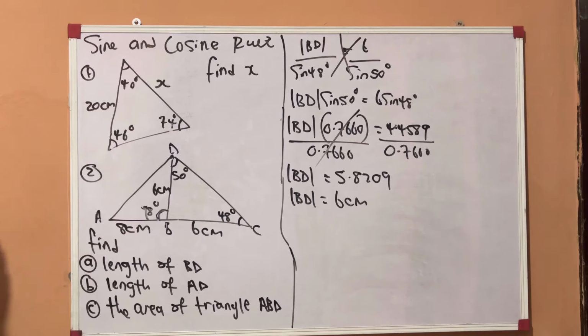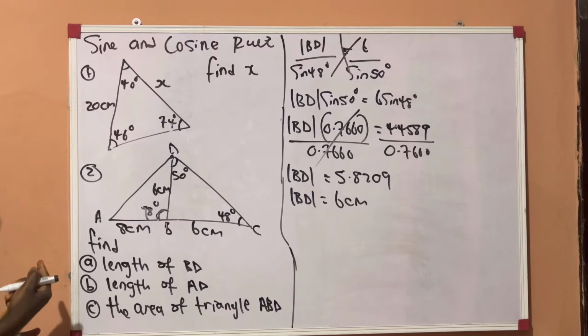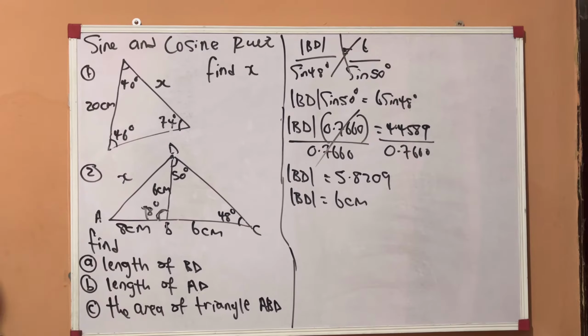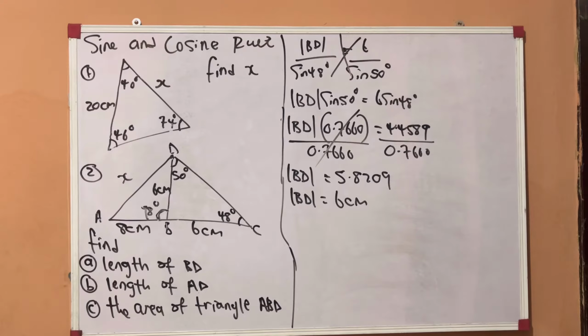So if we work by that rule, it means that now we can get line AD, simply applying the cosine rule. Let us assume that line AD now is x. Let's make it much easier to solve. Now applying the cosine rule, this is the formula you use to solve for line AD, which is x. The formula becomes